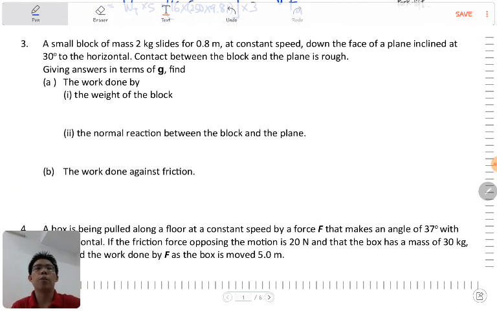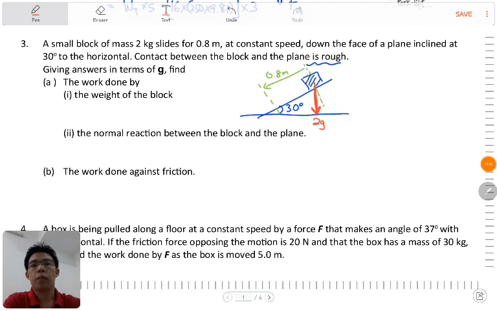A small block of mass 2 kg slides for 0.8 meter at constant speed down the face of a plane inclined at 30 degrees to the horizontal. Contact between the block and the plane is rough. Give answer in terms of g. Find the work done by the weight of the block. Alright, I have drawn a diagram here indicating the inclined plane at 30 degree to the horizontal, and it moves 0.8 down the plane, and the weight